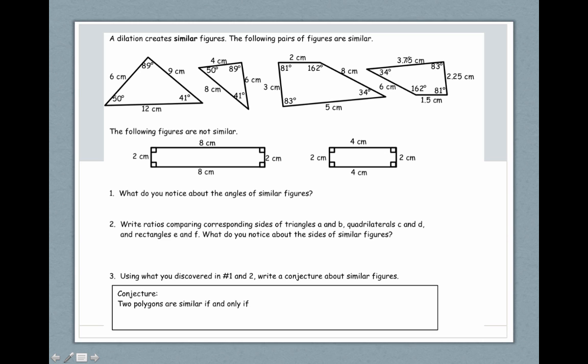3 and 3.75 is adding 3/8. Oh wait, 2 goes to 1.5. I need to arrange myself here. 2.25 goes with the 3, because that's the one between the 81 and 83. So 2.25